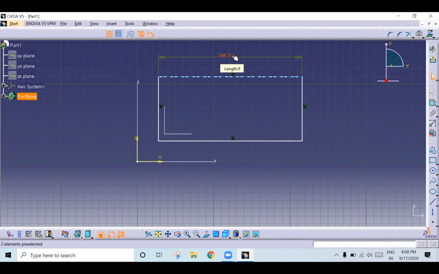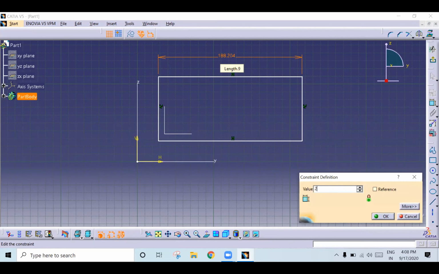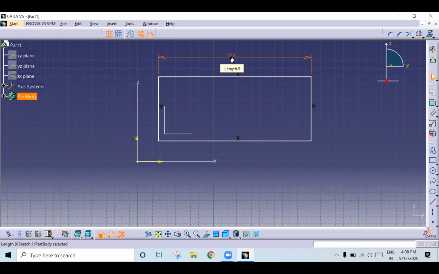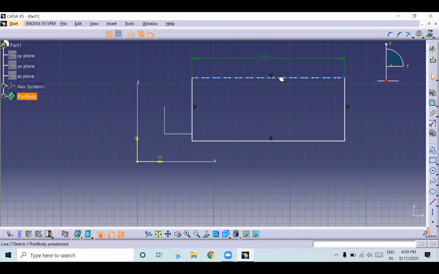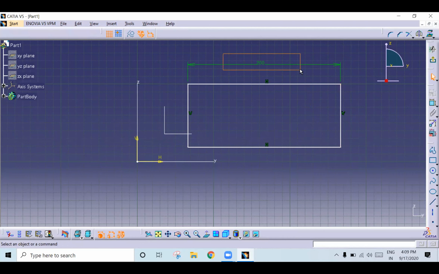So if you want to edit, double click it. Once you double click, you can edit the dimension. Okay, once again, select the constraint, select the line and click it. Got it? So which is next one? See, now the length of this line will not disturb because it has been constrained.